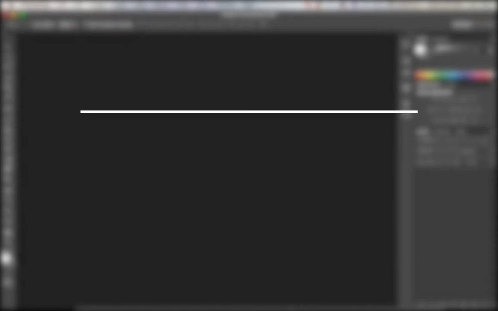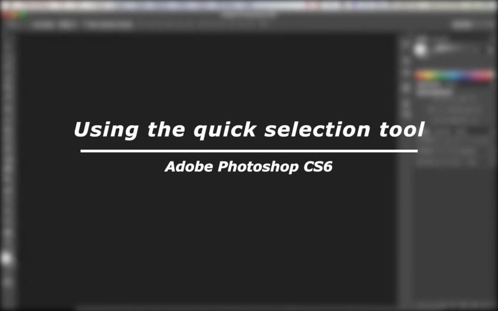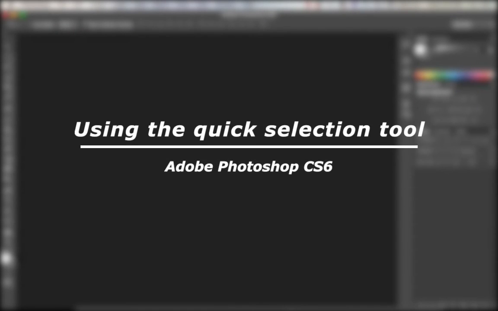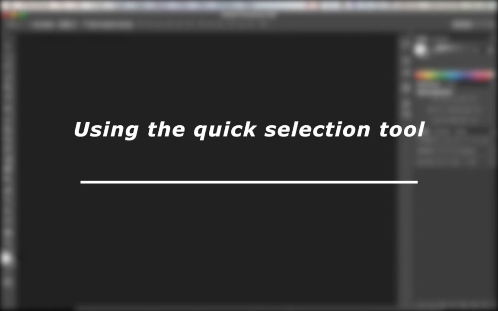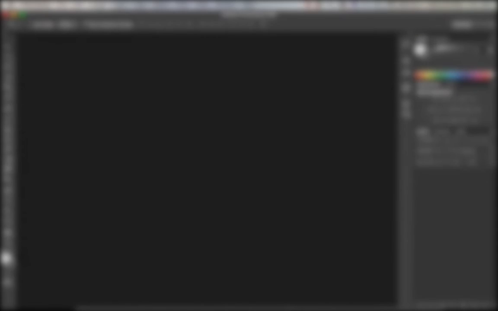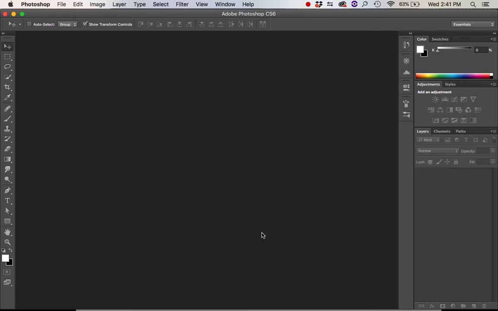Hey everybody, my name is Kirk, and today I'm going to show you how to use the quick selection tool in Adobe Photoshop to cut out your own images. So let's get started. Alright, now that we're in Photoshop, first step is that we want to open an image,